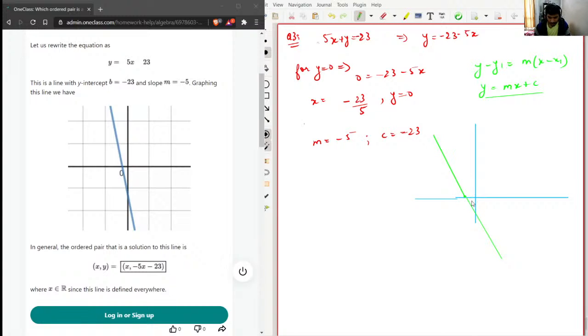And this point. So we can clearly see from this graph also that this line is not a graph where the value of x is undefined. For every real value of x, the line is defined and the function is valid. So we can say that